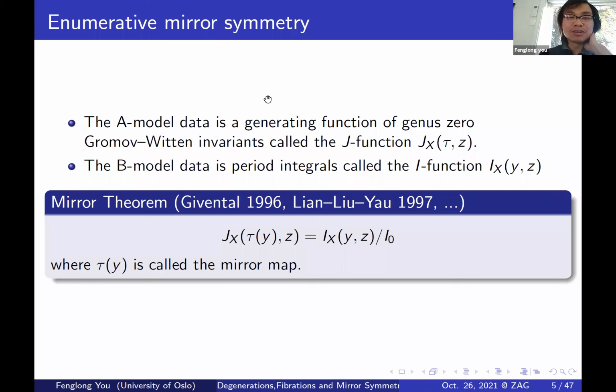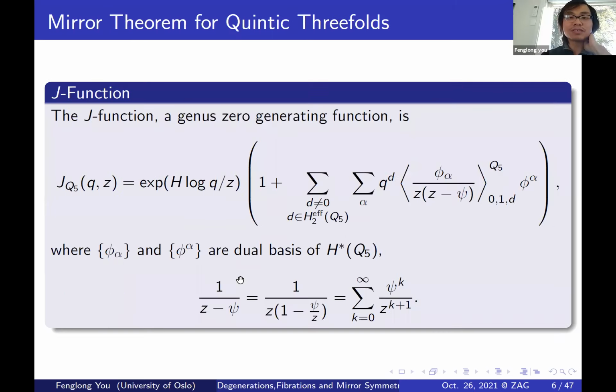So for the statement of mirror symmetry, it's a relation between a generating function of genus 0 Gromov-Witten invariants and some period integrals on the mirror. And it can be stated like this: a generating function called the J function equals a period integral, which is called the I function. This is under something called the mirror map, and this J function looks like this. For example, for quintic threefold,